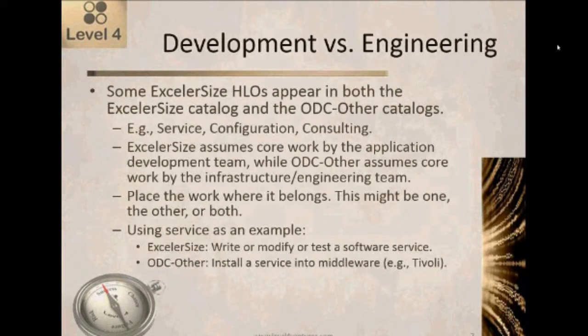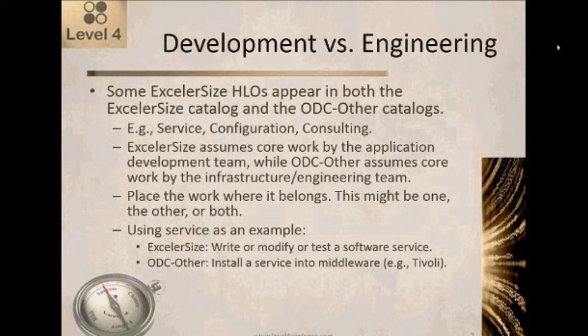Now, in ExcelerPlan, we have this concept of core hours, which are basically your engineering or your programming, code and unit test kind of hours. So they're the core hours where somebody's doing some hands-on work. And the way we set this up is we differentiate between core hours that are development, in other words, they're done by the application group, versus core hours that are engineering, in other words, they're normally done by the infrastructure